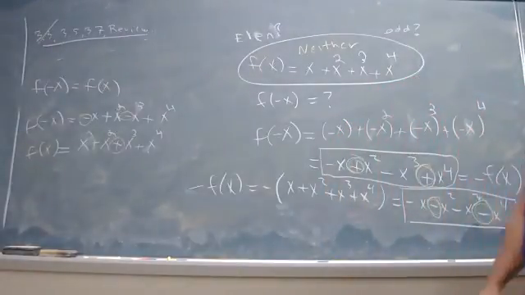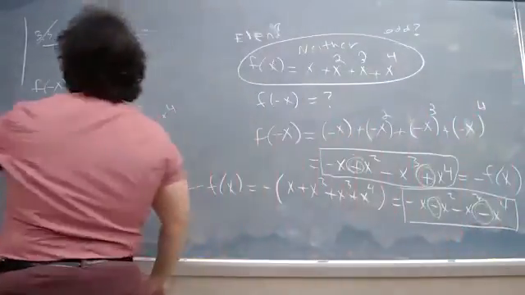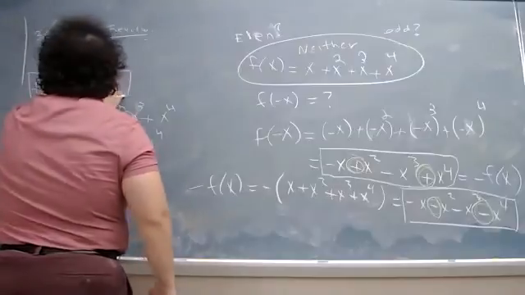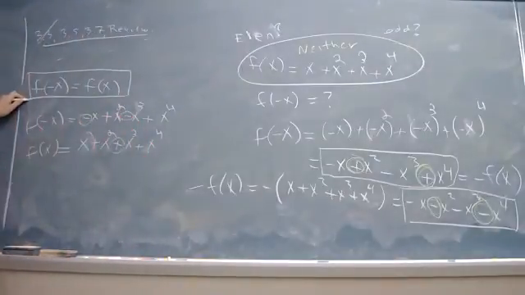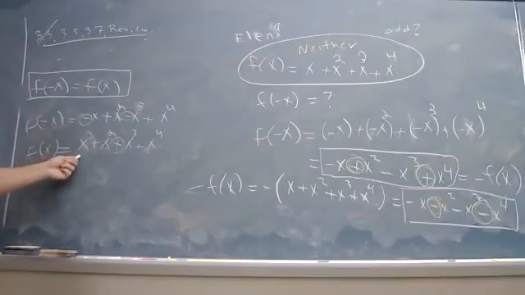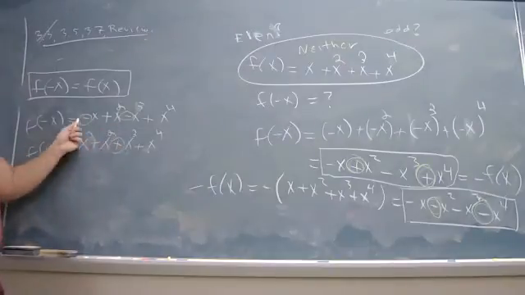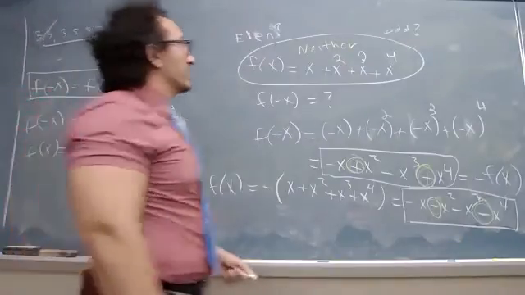Yeah, it's neither, because for it to be even, this would have to be true. And it's not. F of negative x equals this expression, but that doesn't equal f of x, because there's a minus sign here and there's a minus sign here, where there's a plus sign here and a plus sign here. Furthermore, for it to be odd,